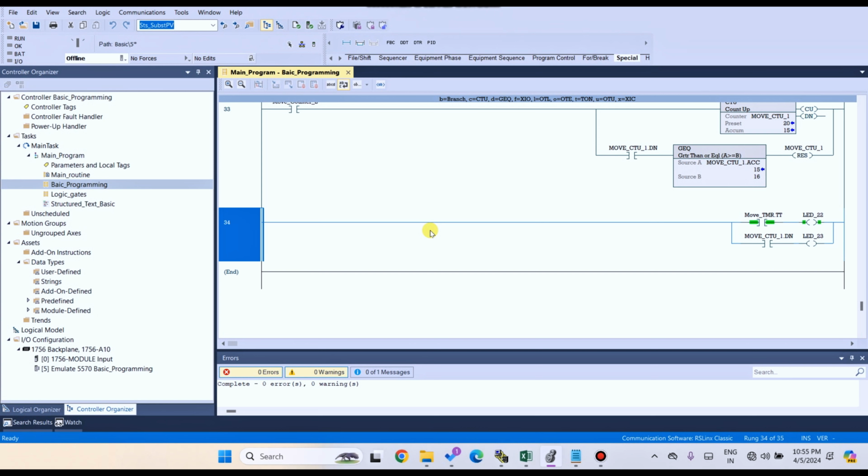In this video I discuss how to use the AND block and logic gates in blocks: the AND gate, OR gate, NOT gate, and also the XOR gate.